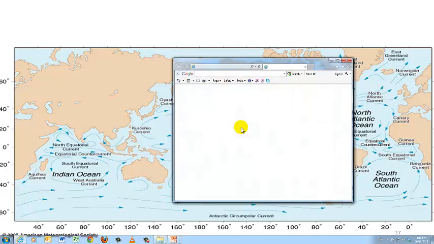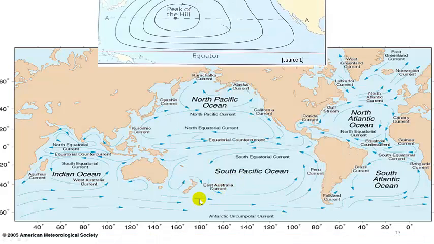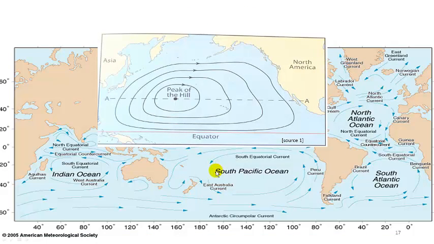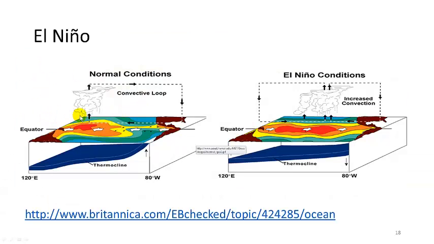The one thing we can do here, harder to do perhaps than in the book, is we can bring in extra pictures here, and what we can imagine is that the overall Pacific gyre produces that peak of the hill, or that mound that occurs in the Pacific as a direct result of that gyre that's formed because of the Earth's motion. This produces the normal conditions, but is associated with many things that happen in life. You get an accumulation that establishes this and accentuates it. The movement of the air itself, in fact, tends to enhance this development of this flow along the equator,